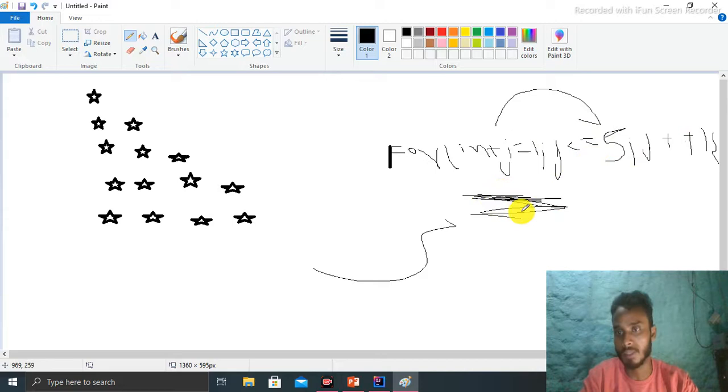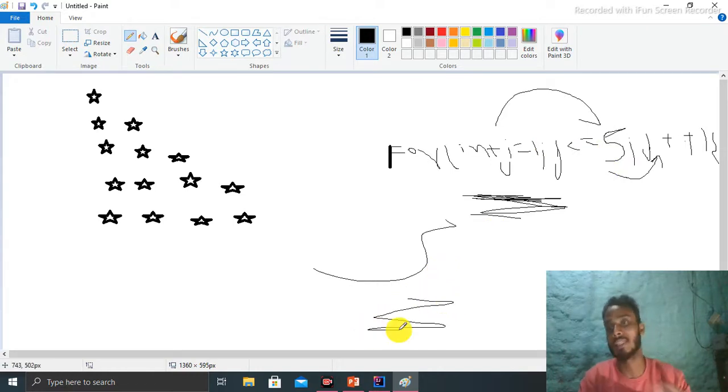Then the loop goes to the increment, j plus plus, which increments j by 1, so j becomes 2. Again 2 is less than or equal to 5, true, so it executes again. Like that, once j becomes 6, 6 is less than or equal to 5? No, the condition is false, so the loop goes outside.